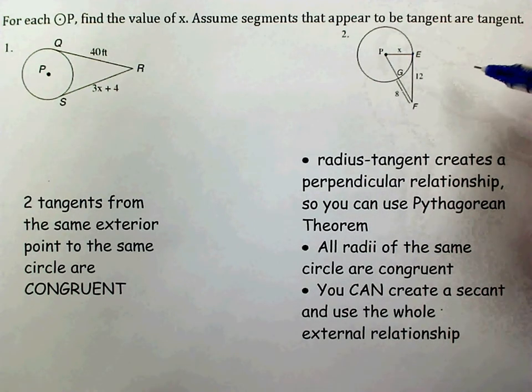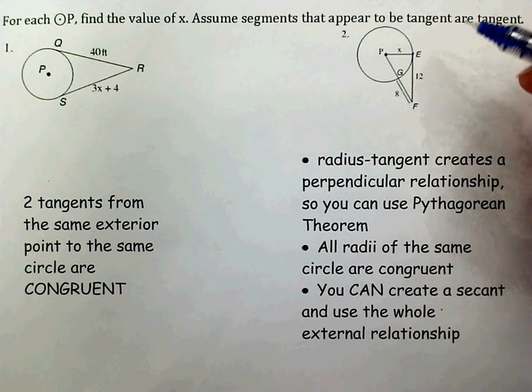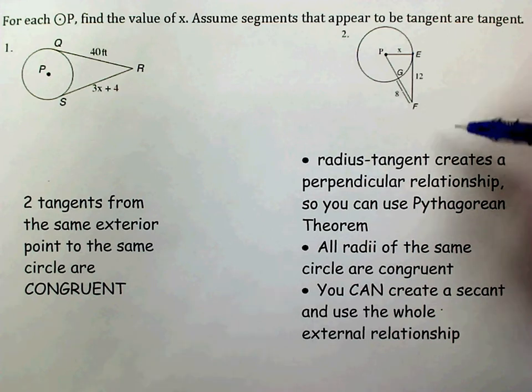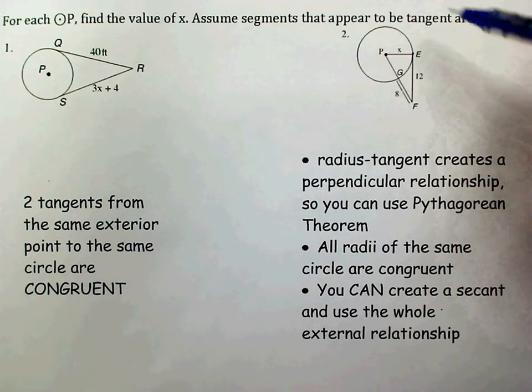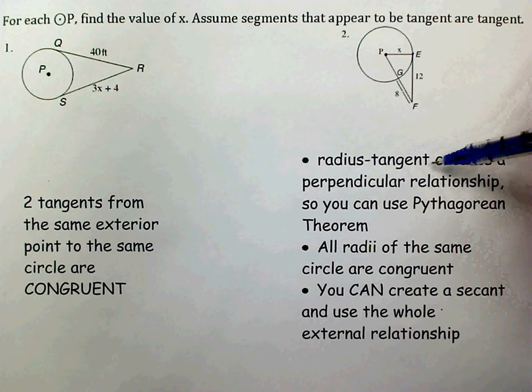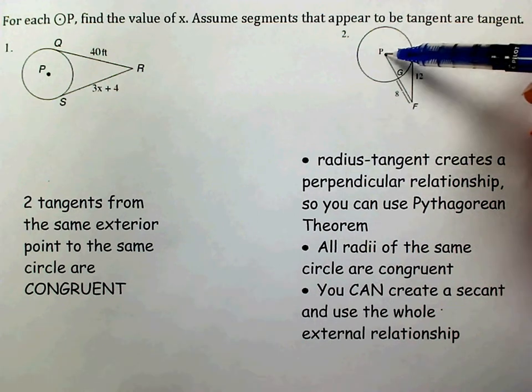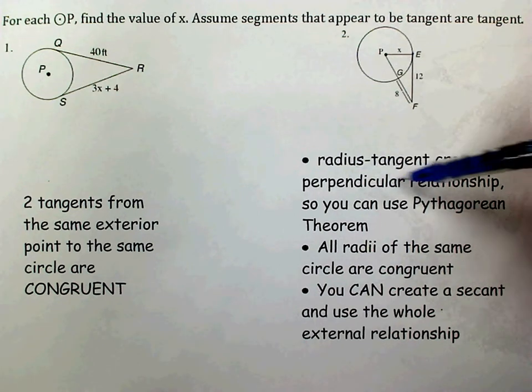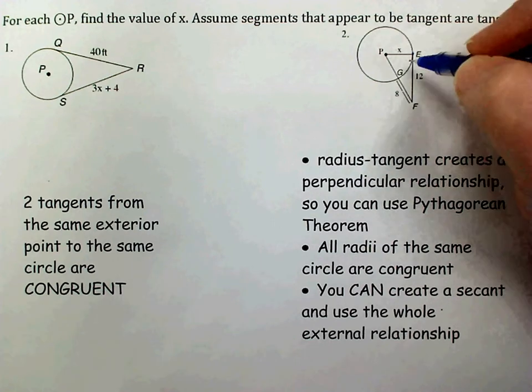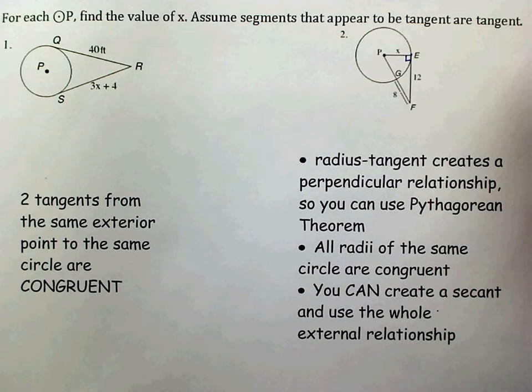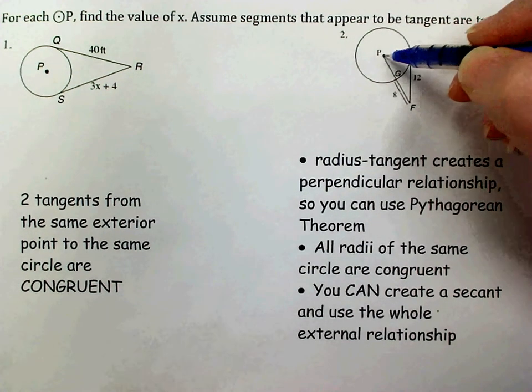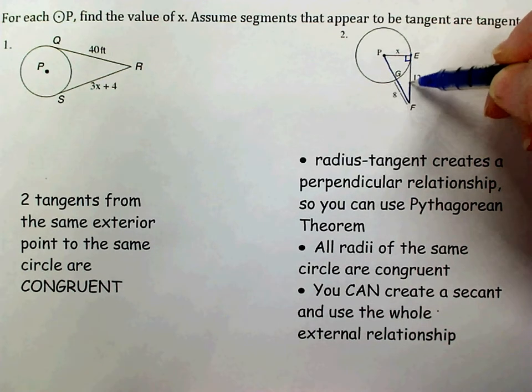This particular problem you can work 2 different ways, so I'll show you both ways and you can look at which one you care to use. So the first one is using the radius tangent theorem, which says that when you draw a radius to a point of tangency, it creates a perpendicular relationship. So you know you have a right angle here, which means you can use the Pythagorean theorem on this right